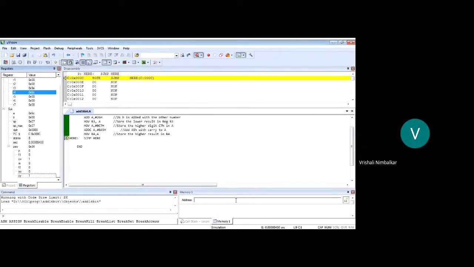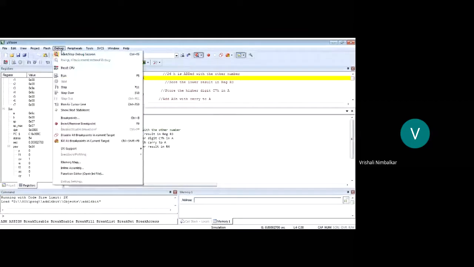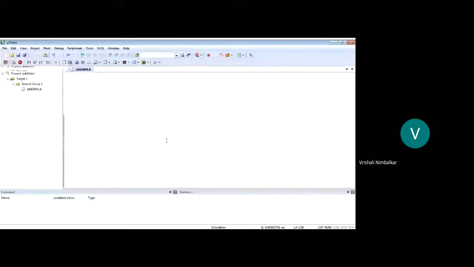And later on, if I keep on executing, it will get stuck at sjump here. My results will be intact. See R3, R4. There is no change in R3, R4. Right? And we have made the microcontroller stop at the sjump instruction. Why do we do that? So that the results do not get corrupted. Now, I want to come out of this debug, stop the debug session. And we are back.